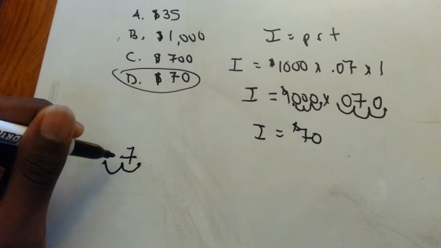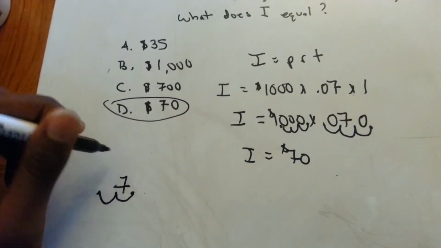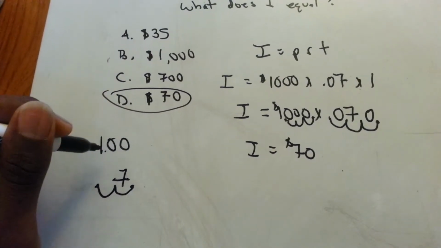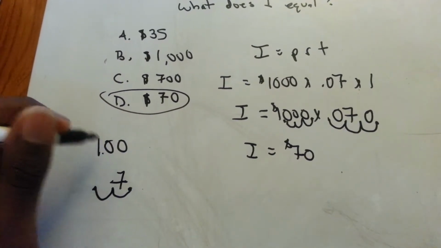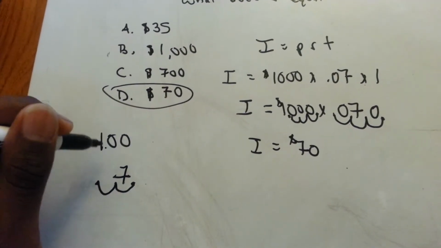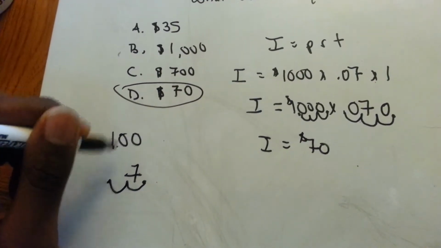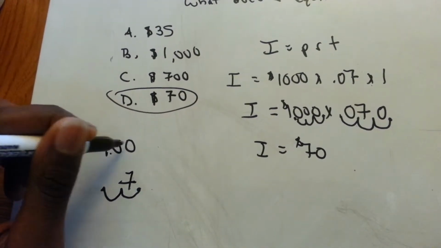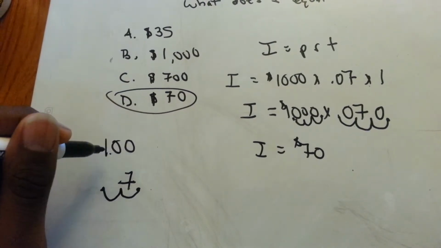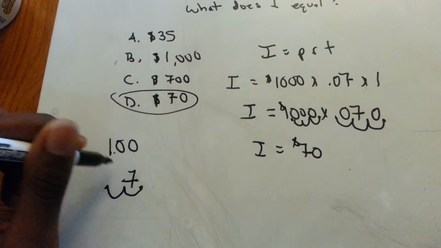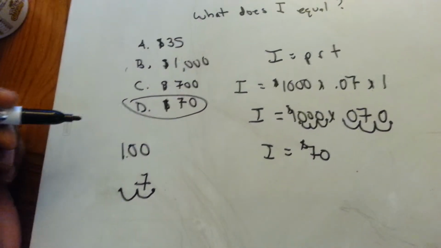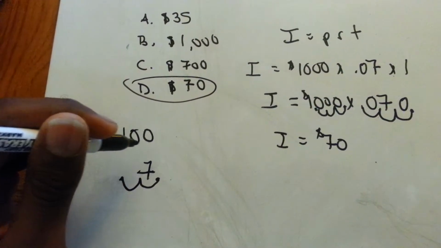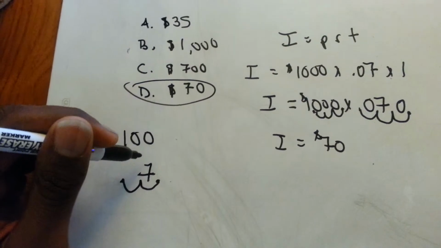I don't know if this moving the decimal point is confusing for you guys, but you basically have to get everything to be multiplying by 1. So that's how you keep the same number. You're not changing anything. If you're dividing by 100, it's the same thing as multiplying by the reciprocal. Well, that's a little more complicated too. So basically all you need to know is you move the decimal place 2 places to the left